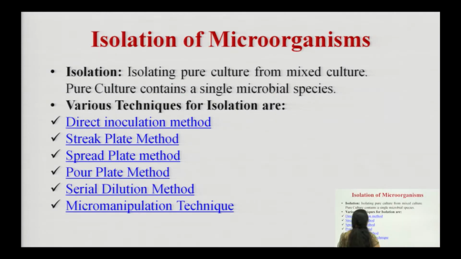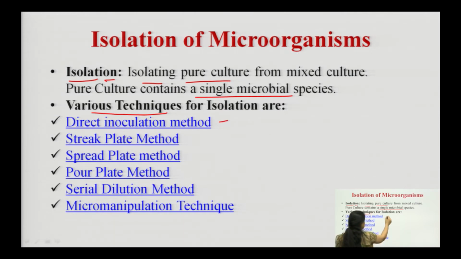Next comes the isolation. Now, what is isolation? As the inoculating loop is used for the inoculation part, the transfer process, similarly in isolation, if we want to isolate pure cultures, it means we are trying to obtain a single species from the mixed culture, the culture which contains a number of microorganisms. We want to obtain pure cultures from those mixed cultures. So how can a single microbial species be isolated from a mixed culture? There are various techniques for that. Now, what are those techniques?